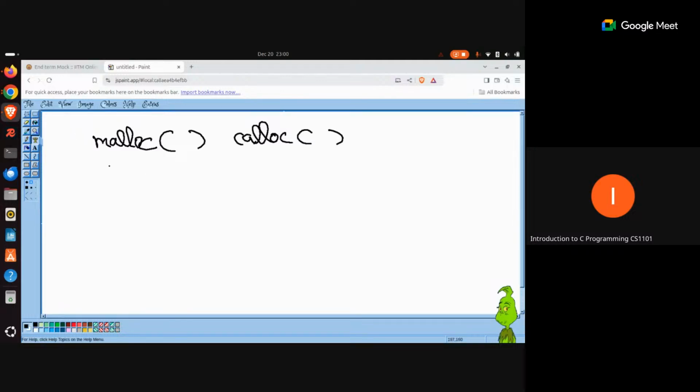So what will happen is malloc or calloc, whenever you use them, will return you some pointer. Let's say you are getting it in a pointer, say P. Then whenever you are done with this extra memory that you had requested, you can call this free function and provide the pointer which contains the address of the extra memory that you requested. So the compiler will release that memory, and ultimately this will become available for other processes to utilize, or even the same process at a later point of time if needed.